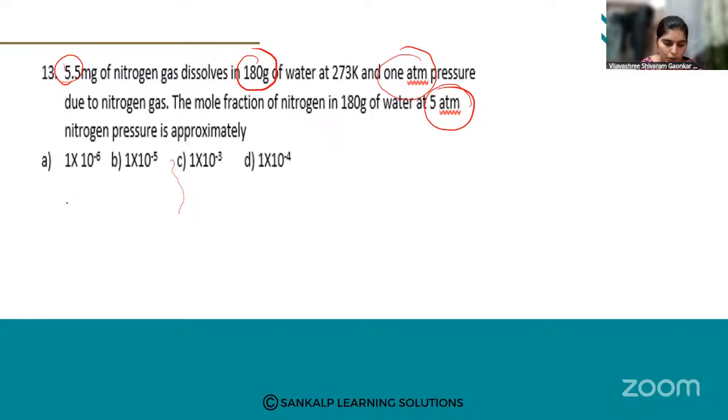First, what we have to do. So our aim is to find the mole fraction of nitrogen at 5 atm pressure, right? Final aim is we have to find out the mole fraction of nitrogen at 5 atm pressure. First, let us determine the moles of nitrogen and moles of water. Then we shall calculate the mole fraction of nitrogen at 1 atm pressure. Then we can go for the mole fraction of nitrogen at 5 atm pressure. Okay. First,